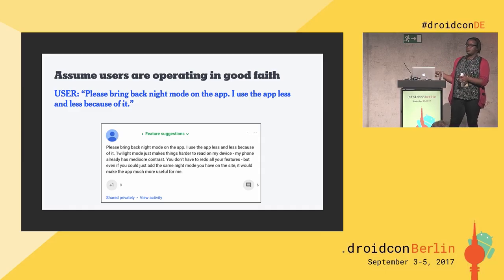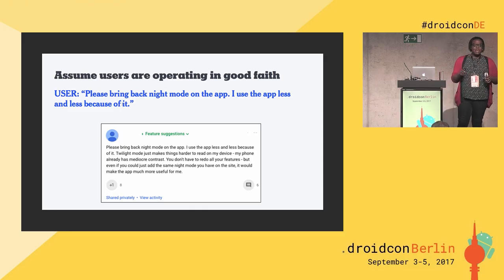Yes, some people are trolls, and we'll get there. But by and large, your users just want to use your product, and they're reaching out because they don't want to stop using it. And the problem is bad enough that they've come to you. I'm sure a lot of you have seen this as well, but by and large, when a user initiates interaction with our team, it's because they have an issue. Very few people are reaching out to say, I am perfectly happy. Keep doing what you're doing.